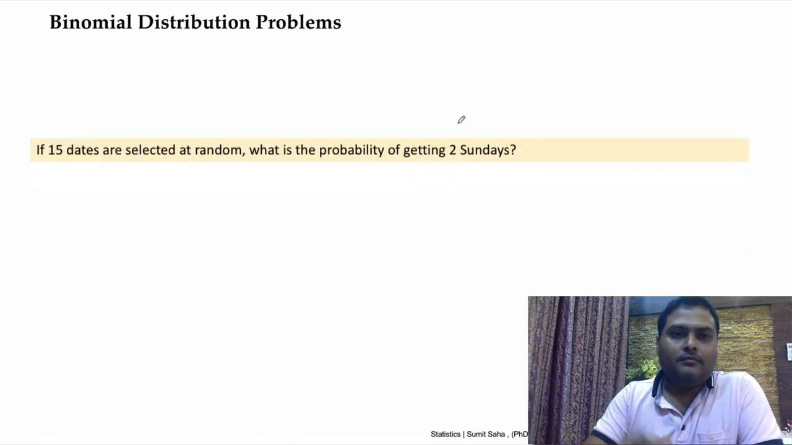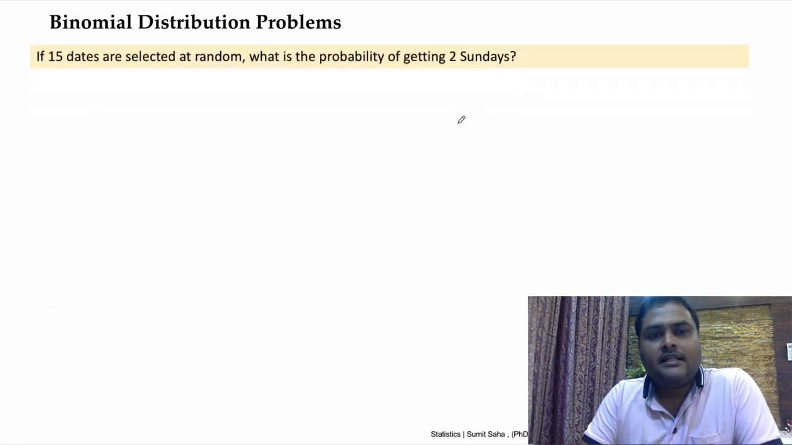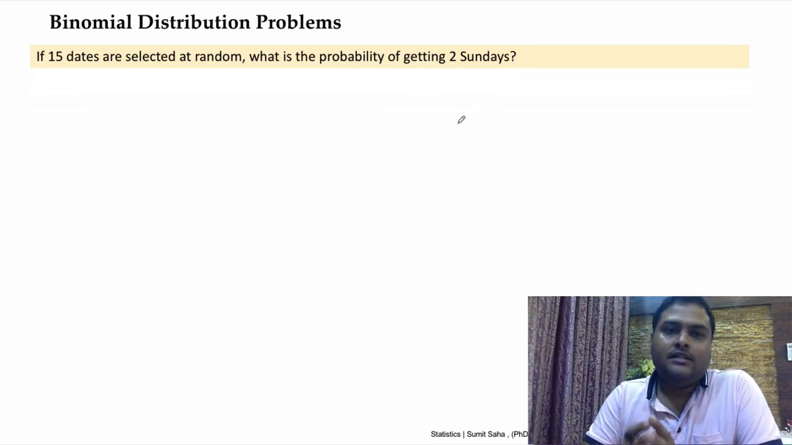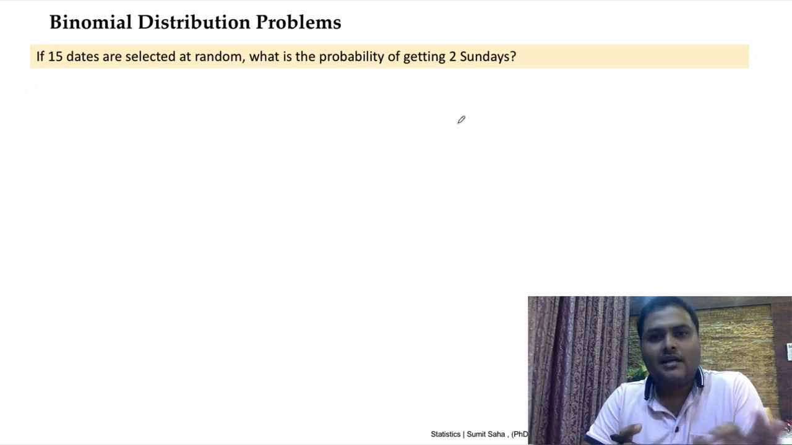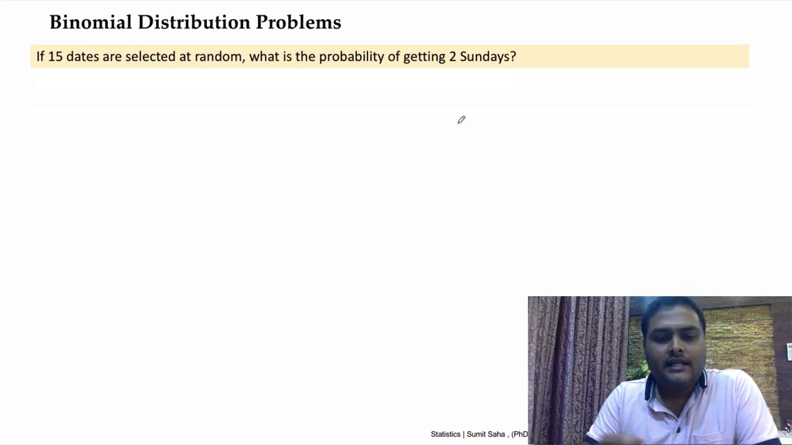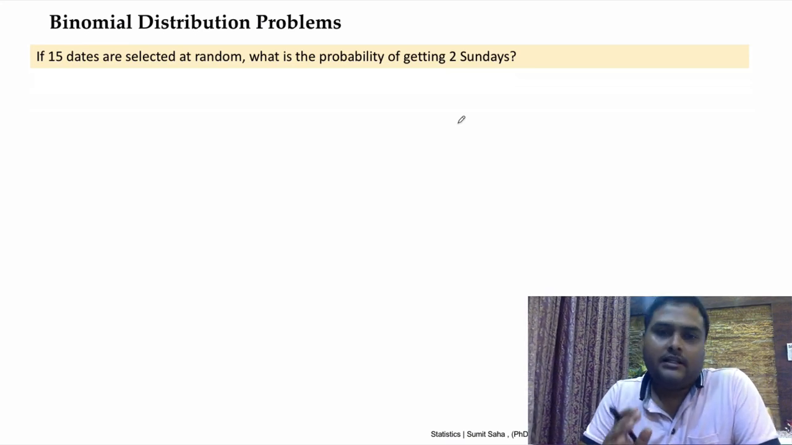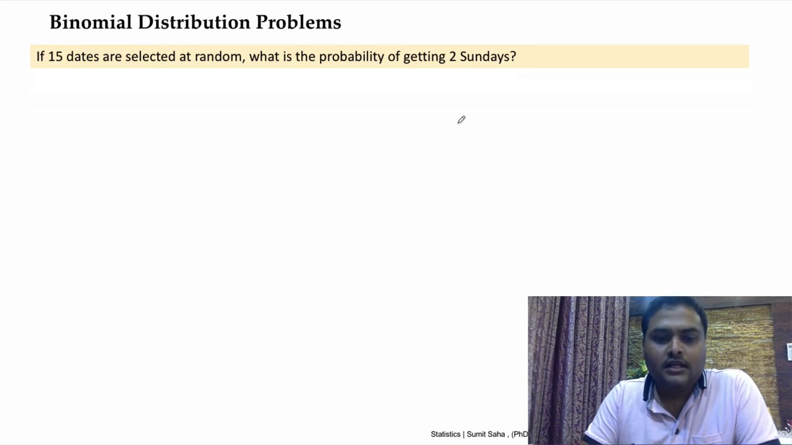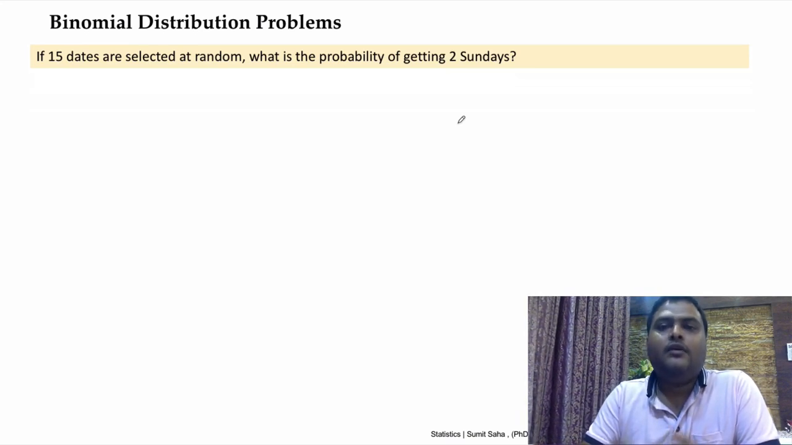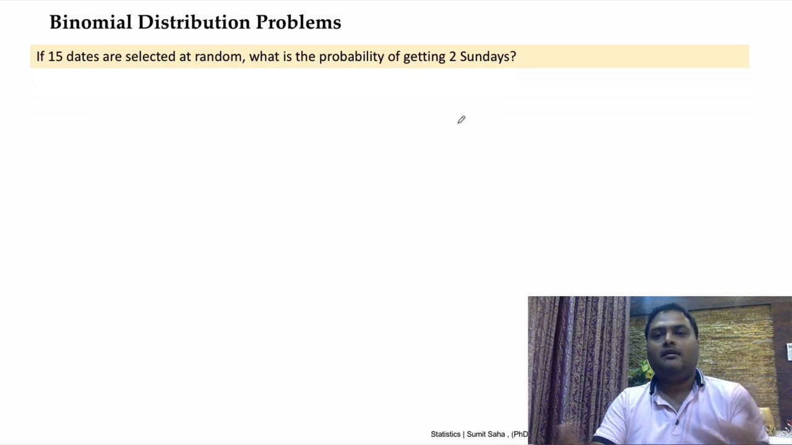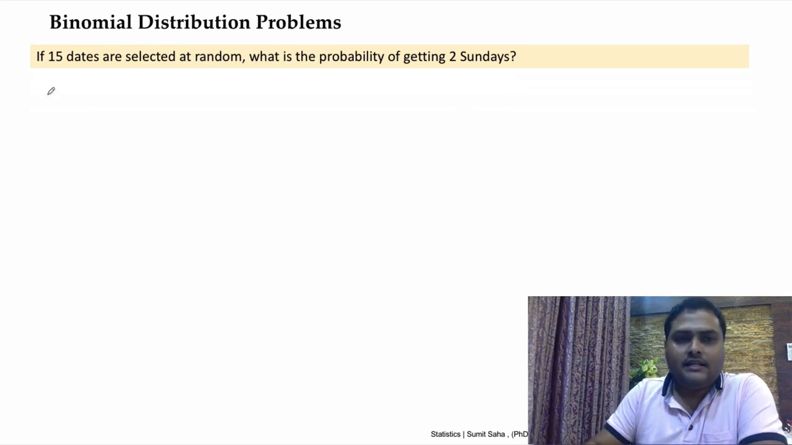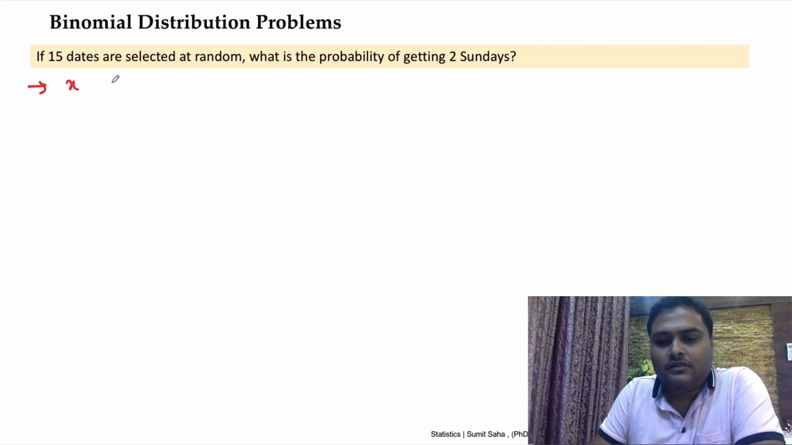Now let's take this problem. If 15 dates are selected at random, what is the probability of getting 2 Sundays? This is a simple sure shot binomial distribution problem, wherein we need to identify n and p, and x is denoted by the number of Sundays. Clear? So we need to understand the probability of getting 2 Sundays if 15 dates are randomly selected. So in this case, we consider that x denotes the number of Sundays,